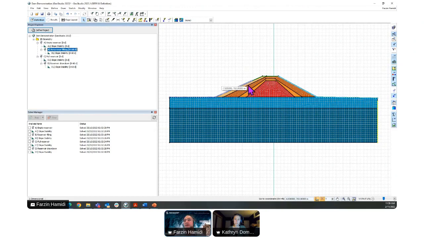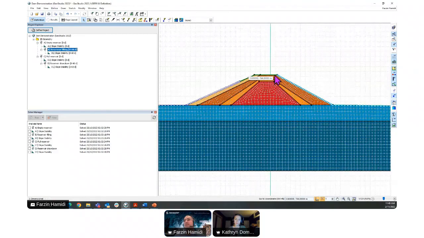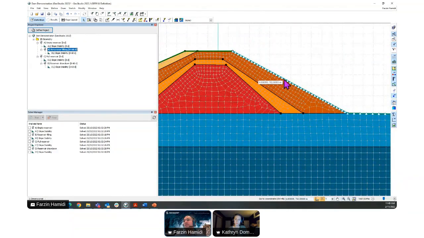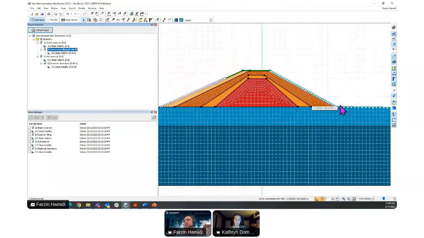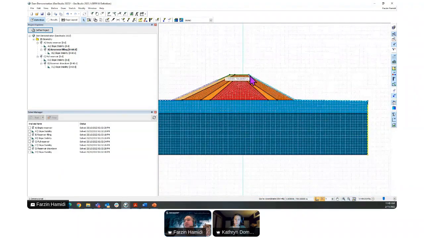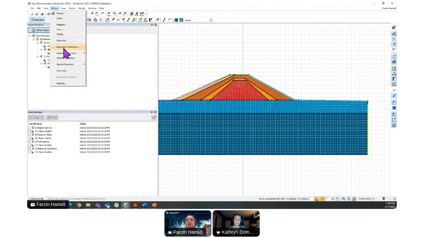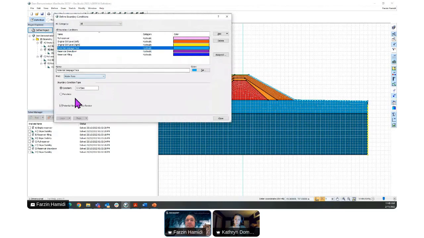But when you have a reservoir behind your model, with a reservoir level up to 3 meters behind this embankment, you would definitely expect seepage happening through this embankment, and you will assign this boundary condition, which is the light blue one, as you can see in a rectangular shape. This light blue boundary condition from the downstream up to the end of this model is assigned the seepage boundary condition.